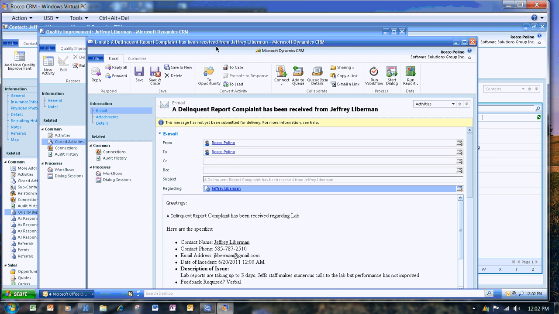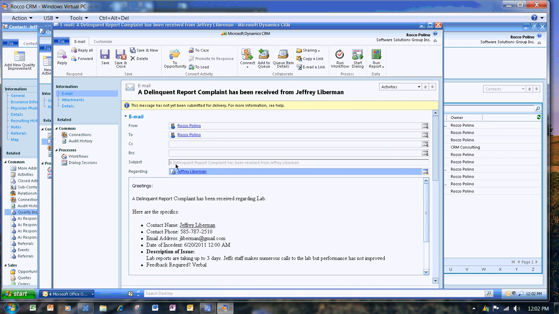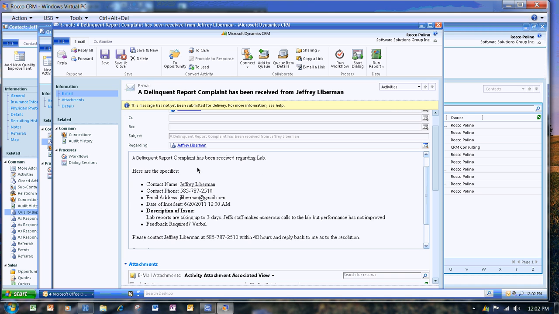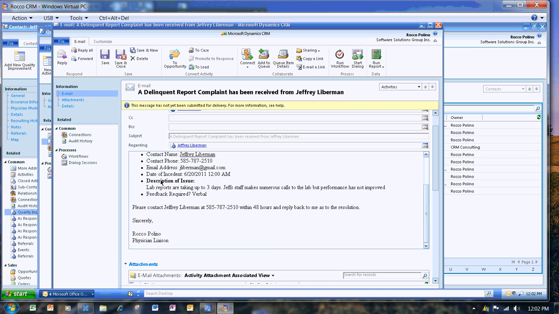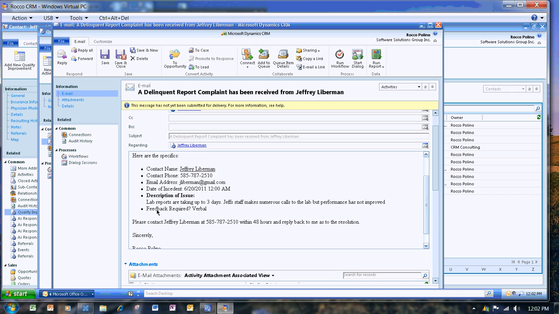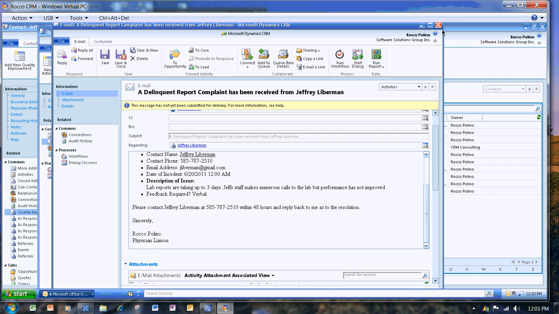Now notice it's used mail merge to fill in information into the email template about this case. So it filled in the type of complaint. It was a delinquent report. It filled in who we received the complaint from, Jeff Lieberman. And then it filled in delinquent report, that it's a complaint, and it was regarding the lab. It says here are the specifics. It pulled in all of Jeff's information. And then a description of the issue was pulled in from the description field. And how to get back to them, and it says please contact Jeff within 48 hours. So that email has gone out to any of the individuals that we specified in the